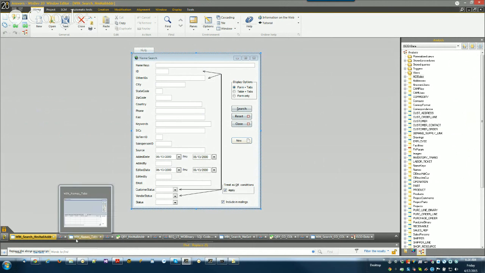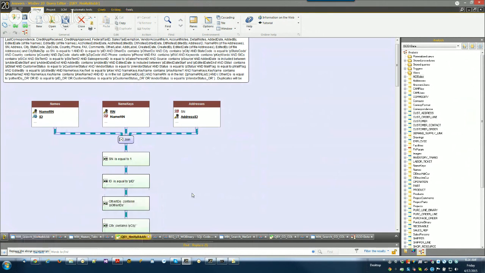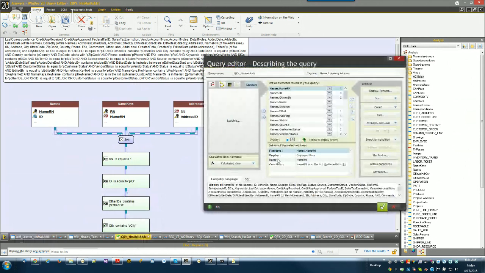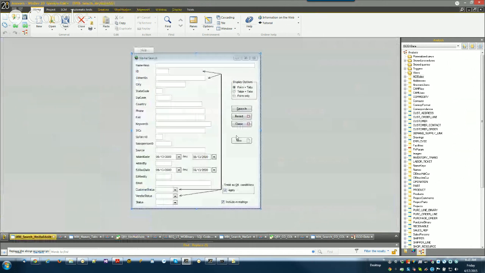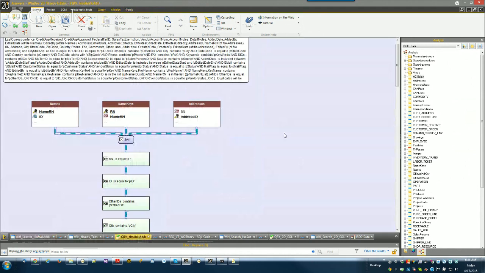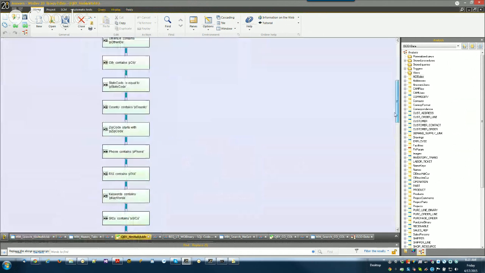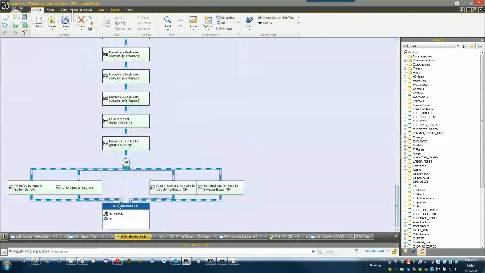Now, if we look at the query that goes with this, here is the query. And this is a fairly long query with a lot of different parameters. But what I just added for this demonstration is this OR condition here. And the way I did that is go back over here, and we scroll down to the bottom of this. I put OR conditions down here. So if we run this,